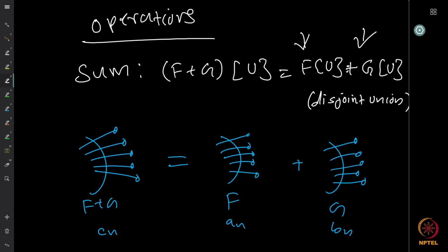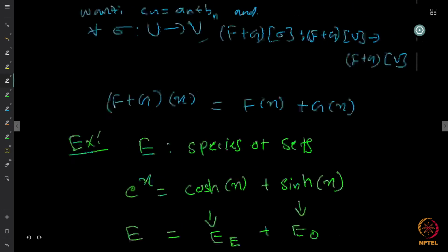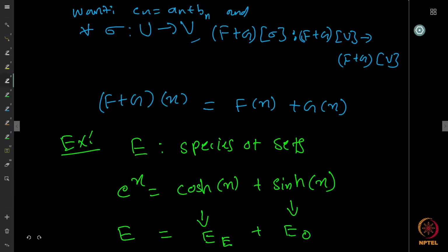And if Cn is the number of structures on an n-element set of type f plus g, and An and Bn are the corresponding numbers of type f elements and g elements on the same set, then Cn must be equal to An plus Bn, because if we are doing this, this should be the case, right? So what we want is that Cn is actually equal to An plus Bn, and for every bijection from U to V, we should have